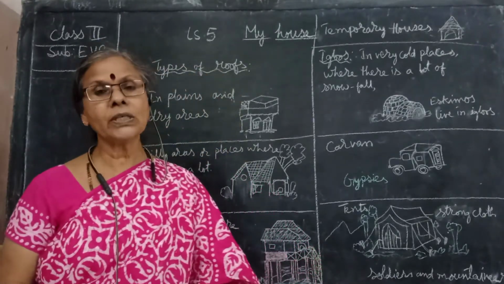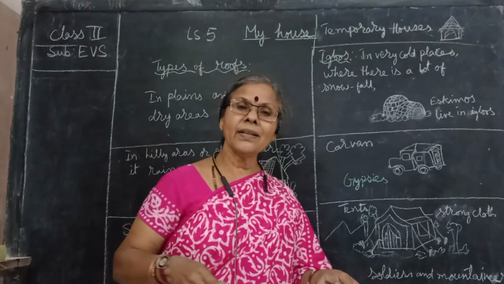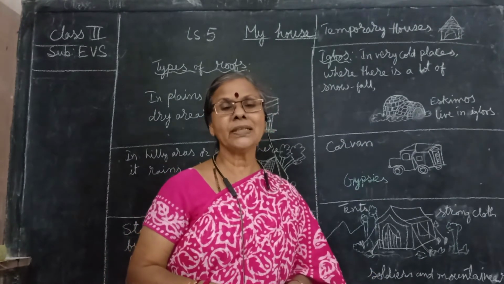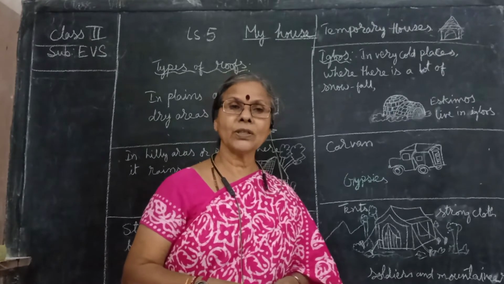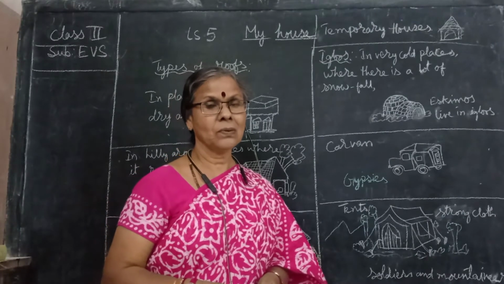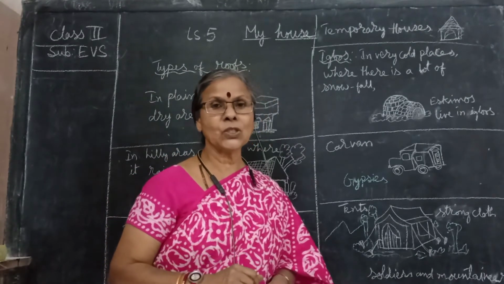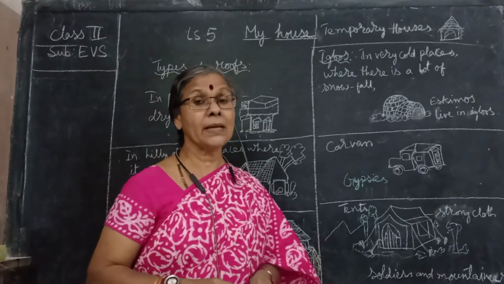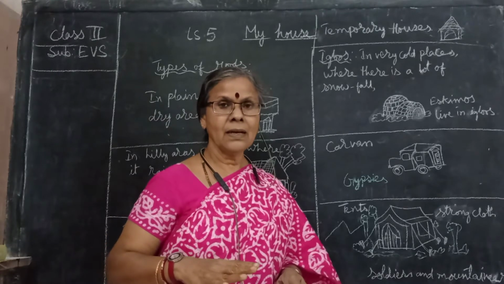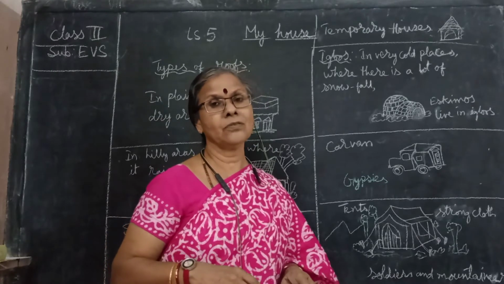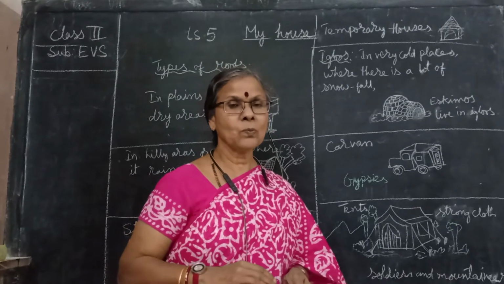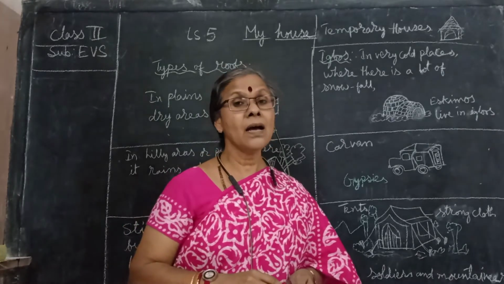Once again, one more type of house is there, which will be moving in the water only. I'll show you in the textbook. Those types of houses are called houseboats. Houseboats you might have seen in the calendar also, in the pictures also, cinemas also. People are staying in those, and they will be selling vegetables and all also, markets also there. Mostly this type of houses are there in Kashmir,